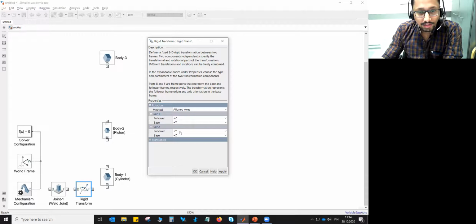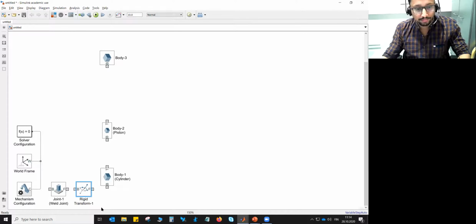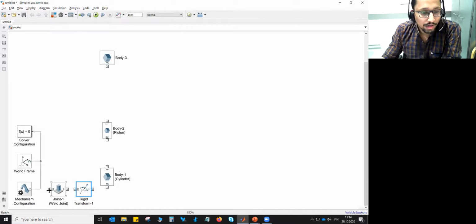And the y axis of the follower frame can be on, let's say, the x axis of the world frame. So this is how we are going to define our first rigid transform and press OK. Let's rename it to rigid transform 1. Perfect. Now you can make the connections. It's fine.